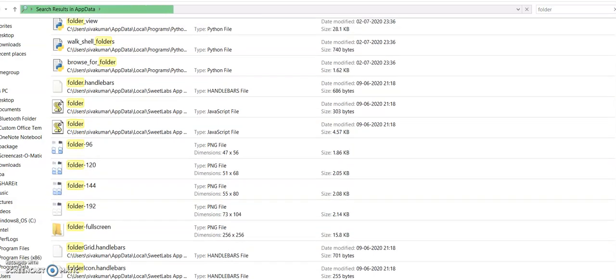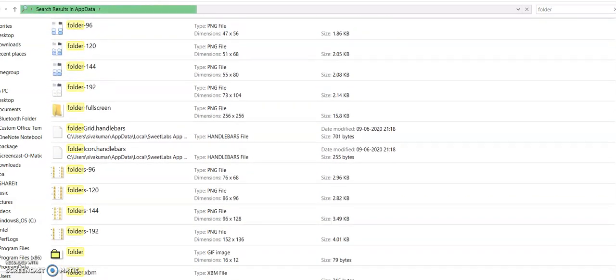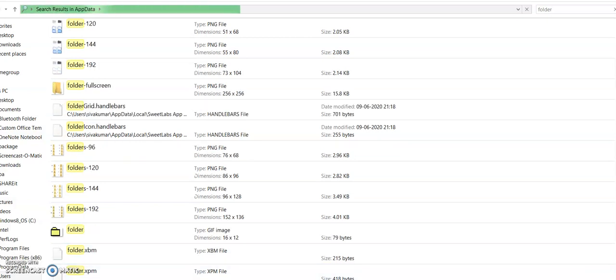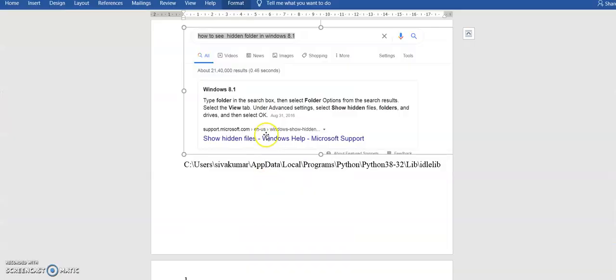Under the folder options, select the View tab. Under the advanced settings, select show hidden files.